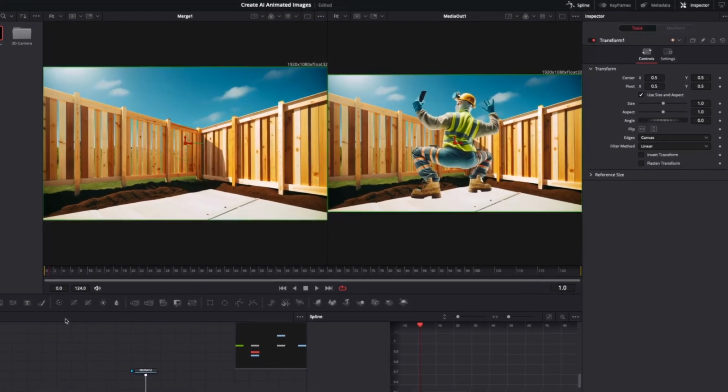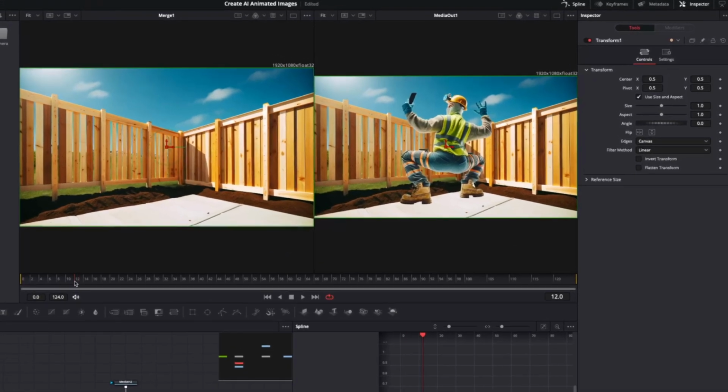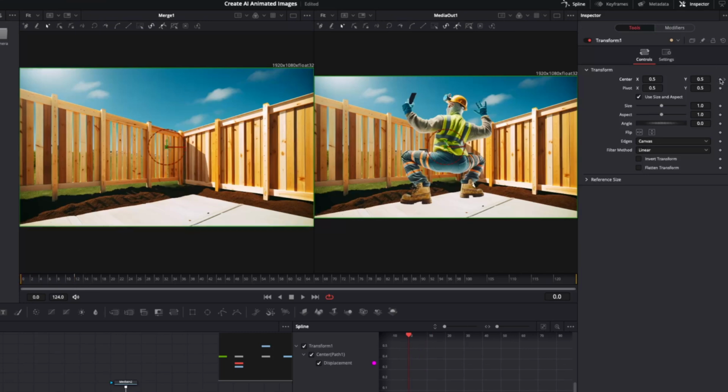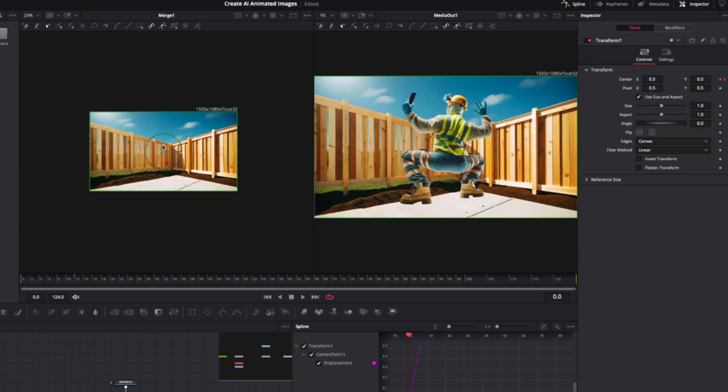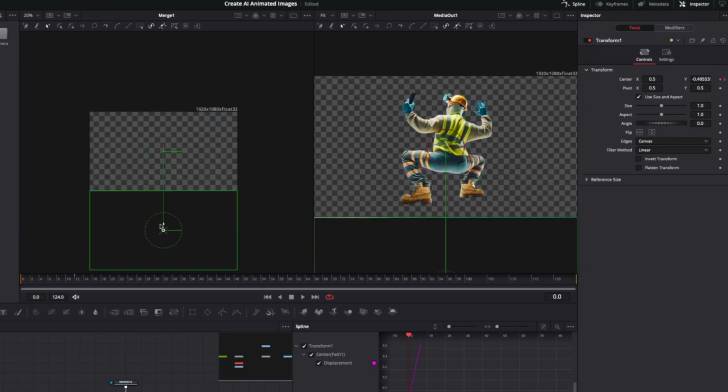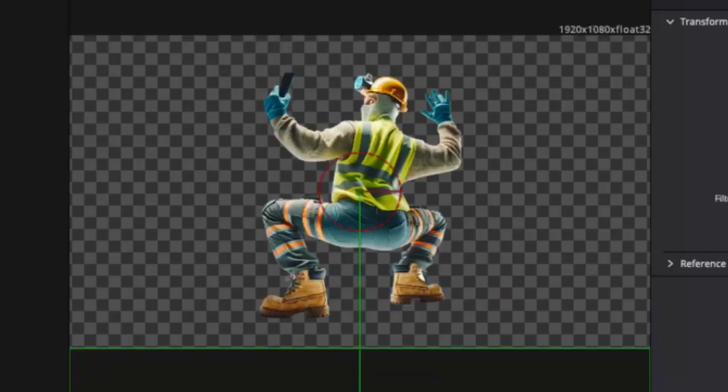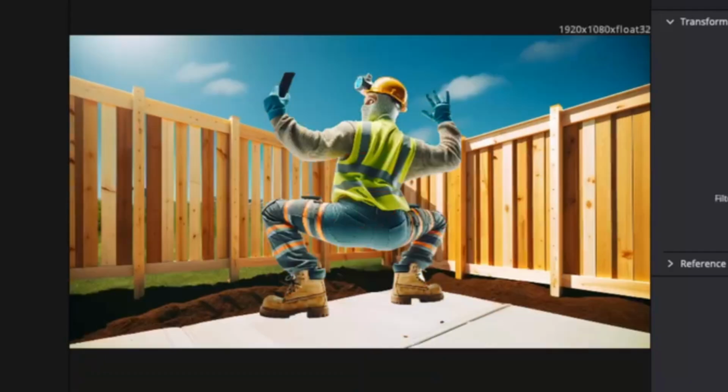Once we've got the transform node in, the next thing we want to do is add a keyframe at frame 12 and then go all the way back to keyframe 0, add a new one, and then we're going to drag this guy all the way down until he's off screen, or you can just put in here negative 0.5. And then if we just give this a quick play, you can see that it's sliding in, but it's quite